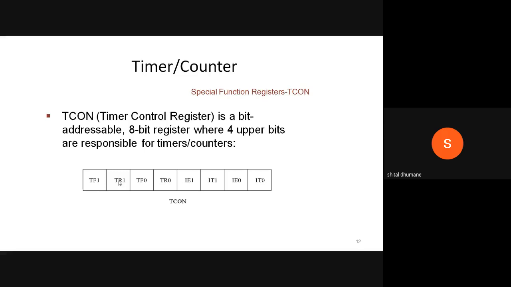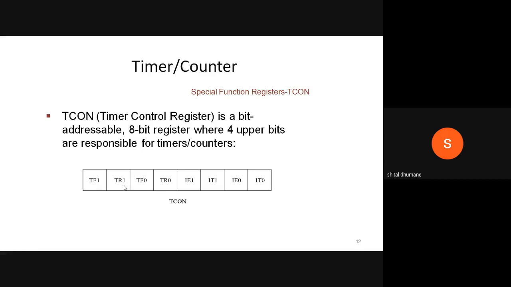We have seen that bit addressable registers are there in the 8051. Bit addressable means we can set or clear a single bit. So whenever you start timer 0, you set this particular bit TR0 by writing SETB TR0. And whenever you start timer 1, you set the bit TR1.